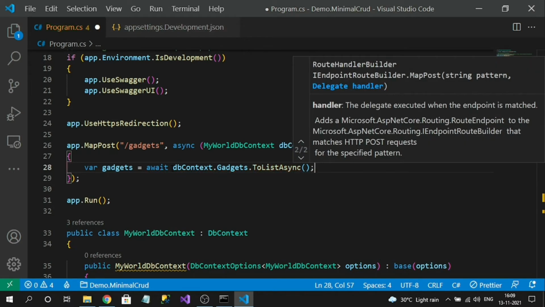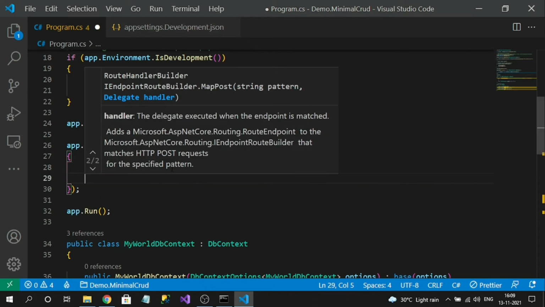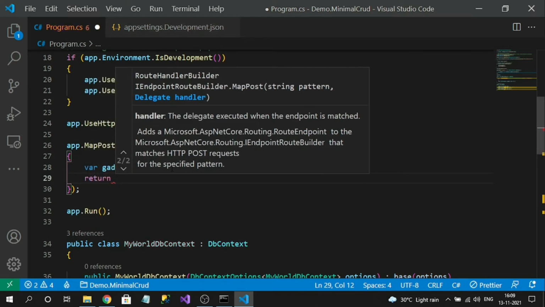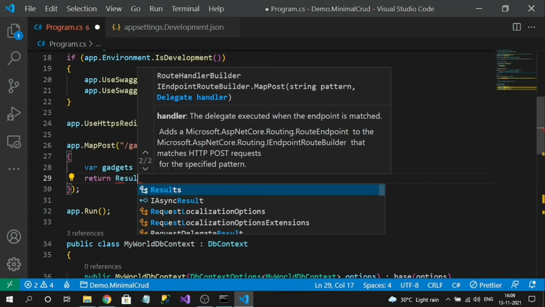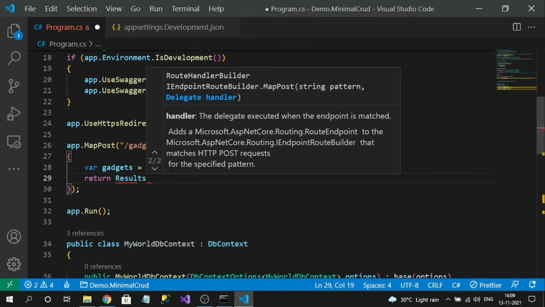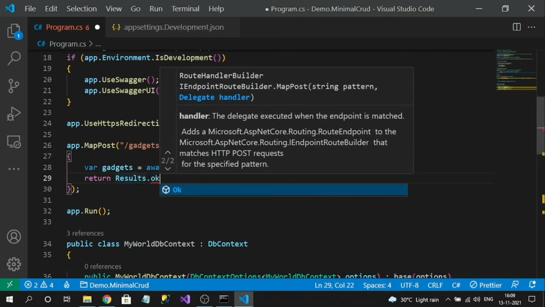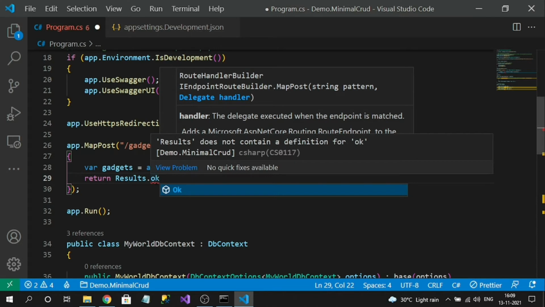Now I have to return the response here itself. So I can return Results dot Ok. From Results, we get all the response types that are generally available at the controller level.